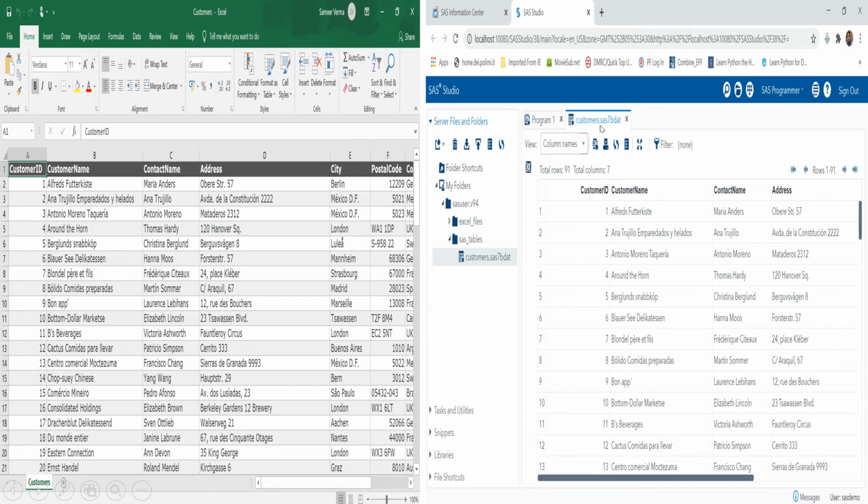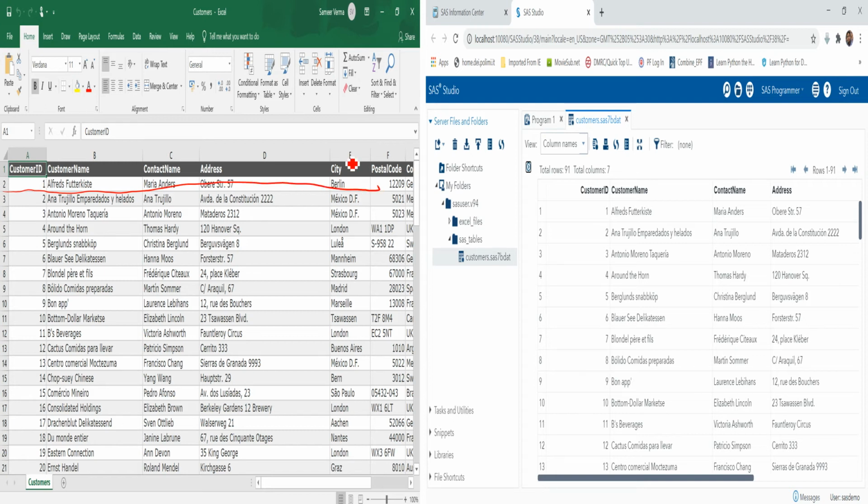It's very simple. The same data we have imported into this SAS window. I will explain how to import and manipulate data in SAS in subsequent videos.